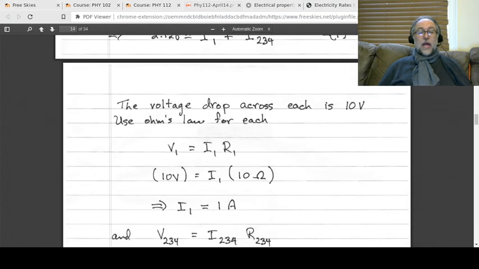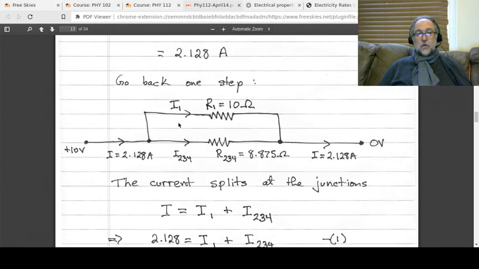that the voltage drop across both of them is the same. Okay, so then you say, let me just do this for R1. For R1, I have V1 is equal to I1 R1. We know that V1, the drop across R1, is 10 volts because it's the same for both of them. R1 is 10 ohms, and ta-da! We find that the current through R1 has to be 1 amp. So 10 volts is equal to I1 times 10 ohms. Divide by 10 on both sides, you get 1 amp. All right, great. That gives you the current through I1. You can already work out what the current is through the other branch using equation 1, but let's see that it's all